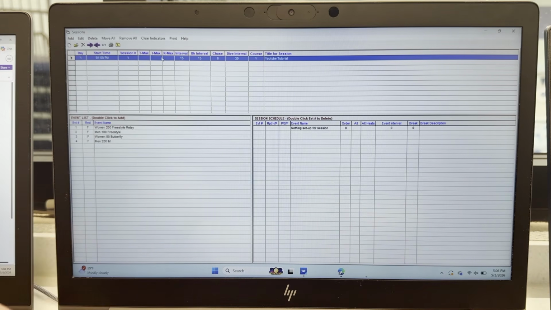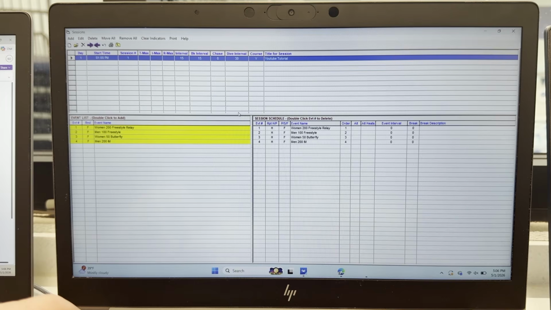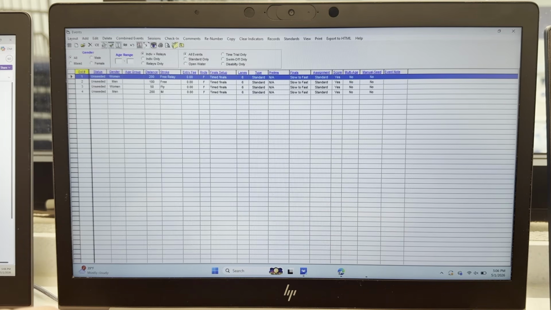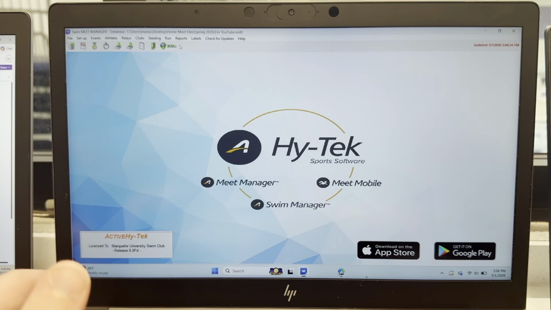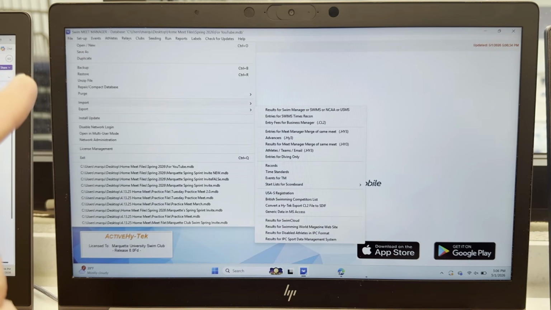Now you can see when it's blue up here, that means we're selected on it. And when that's selected, we can just double click all of these, and they are now in session 1. And once everything's in session 1 that we want to, we can back out again, and then we're gonna go back up to, I believe it's file. We're going to export,